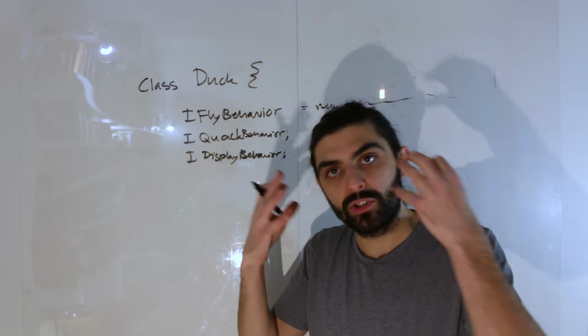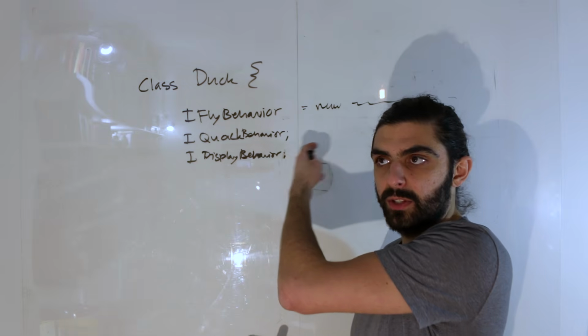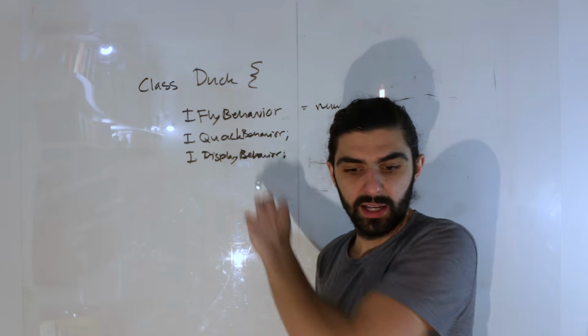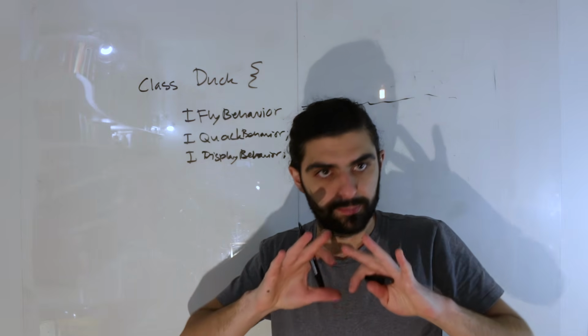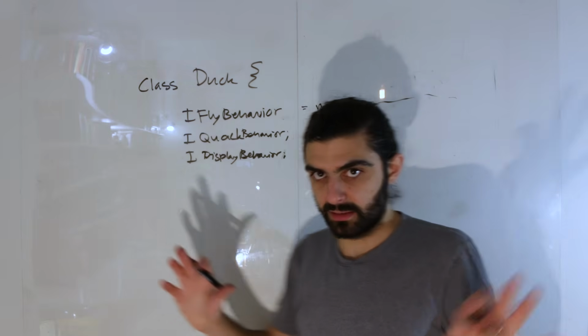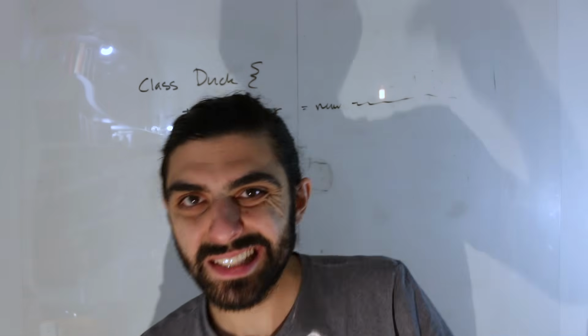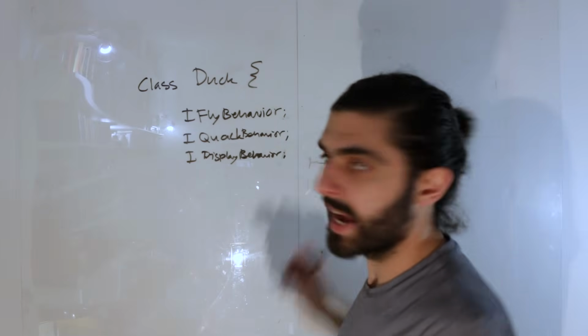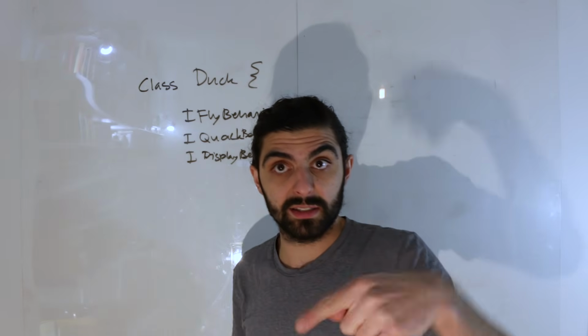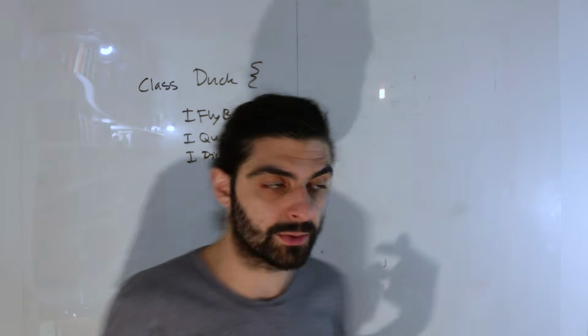We need to somehow inject the behavior, right? This would hard code the dependency and put me back in a state where I need multiple classes to represent all of these different types of ducks. And think about it, it's significantly less composable. So instead, let me just say that I have that member. And the key here is if we use constructor injection, we look at the constructor. So we say we have a